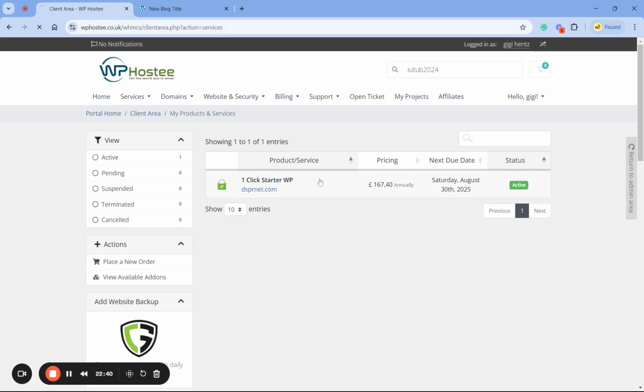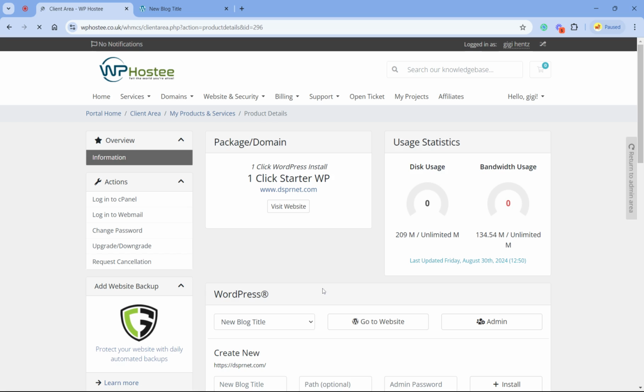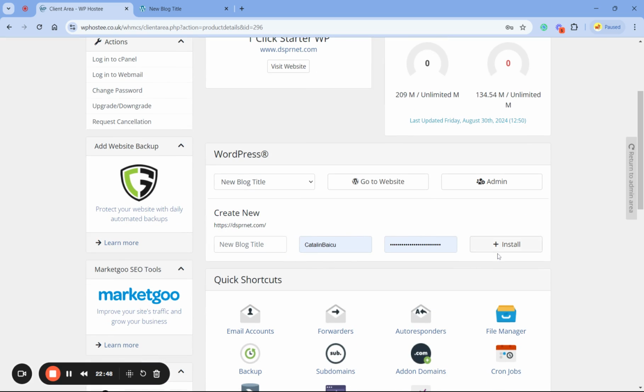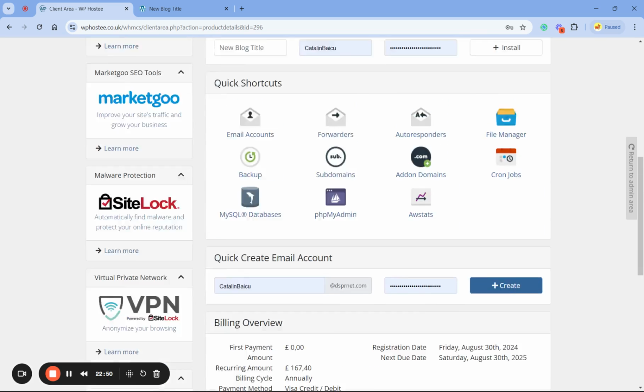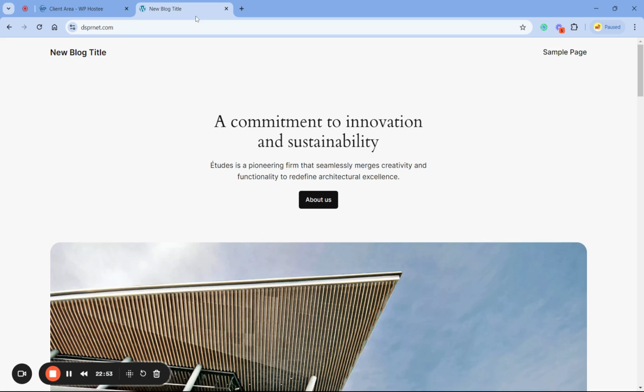So if I click here, you'll see that I have access to everywhere. I can go to the cPanel, create email accounts, even create email accounts from here. Okay. So in that case, what I will do now, because this is the last step, which means installing that theme